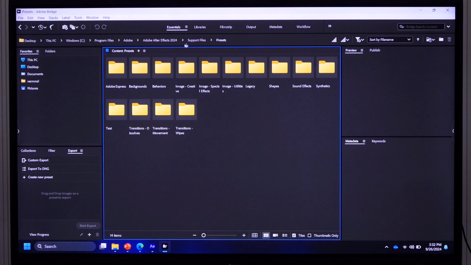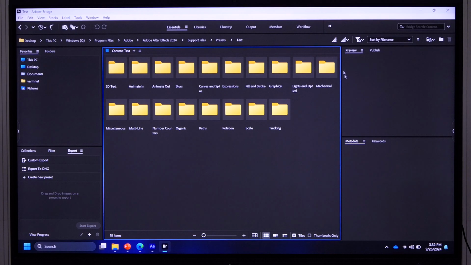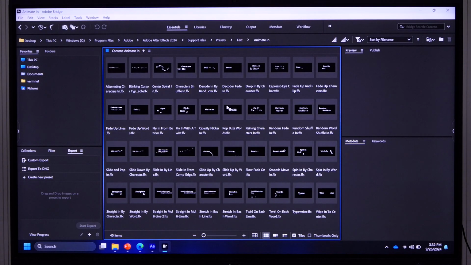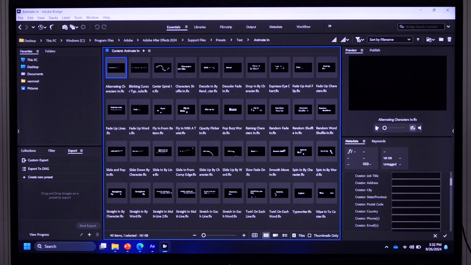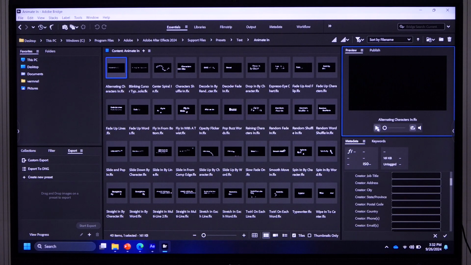In the support file, in the preset section, I have the folder text. If you go to the text section, you have lots of animations. If I want to add animation for animate in, how my text will come in, click here, and from this preview section you can check what effect you will have. See,